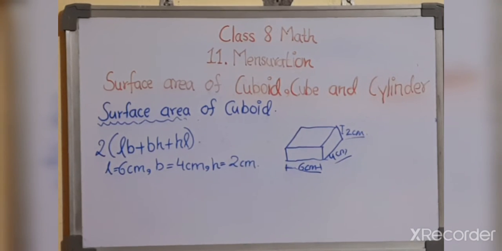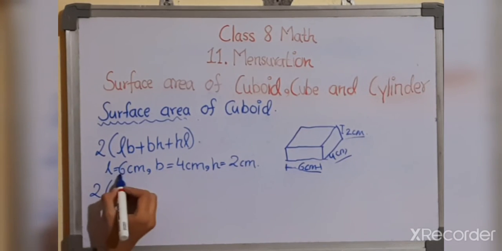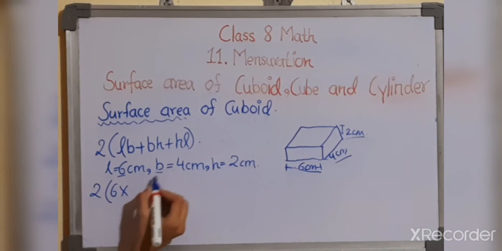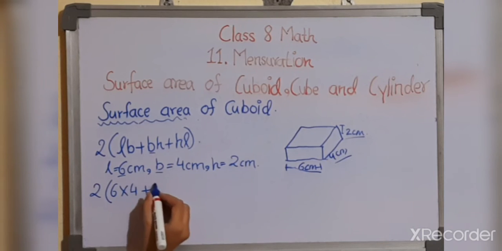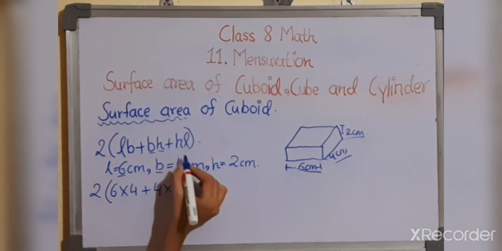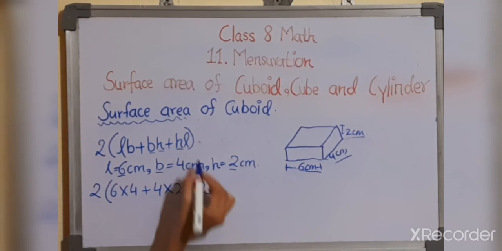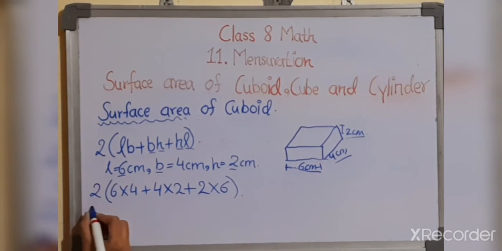Now according to this formula, 2 in bracket, here the length is 6 centimeter. So 6 into breadth 4 centimeter plus here breadth is 4 centimeter and height is 2 centimeter. So 4 into 2 plus here height is 2 centimeter into the length is 6 centimeter, which is equal to